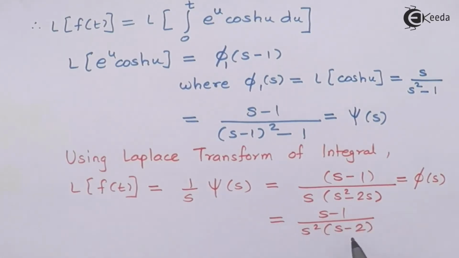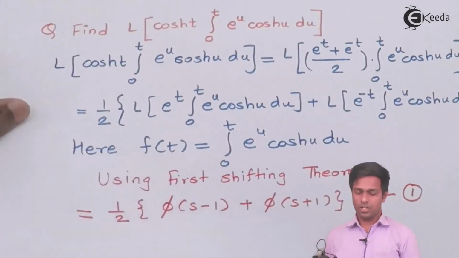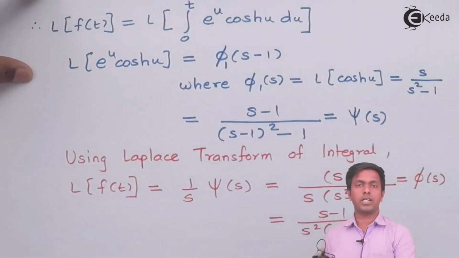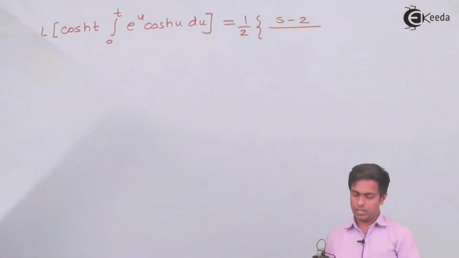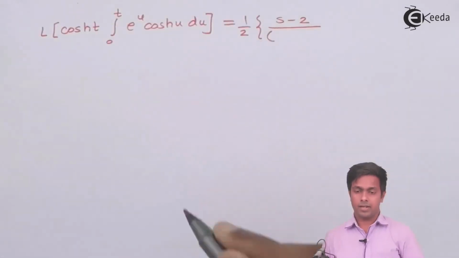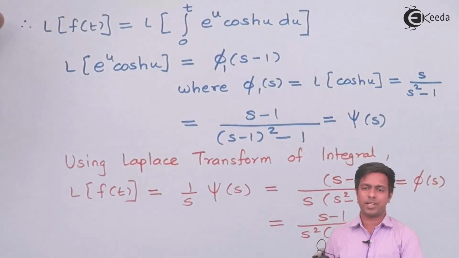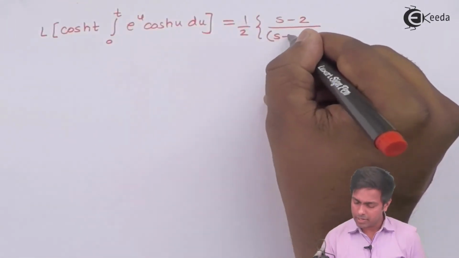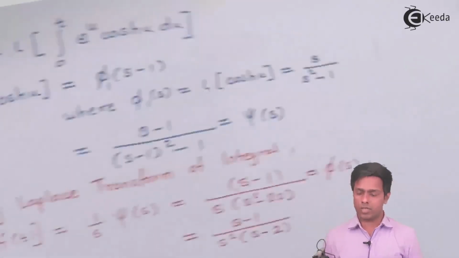And in this phi of s, I will replace s with s minus 1. So this will become s minus 1 minus 1, that is s minus 2, upon this will become s minus 2 square. I mean s minus 1 square, because we are replacing s with s minus 1. So s minus 1 square, and this will become s minus 1 minus 2, that is s minus 3,